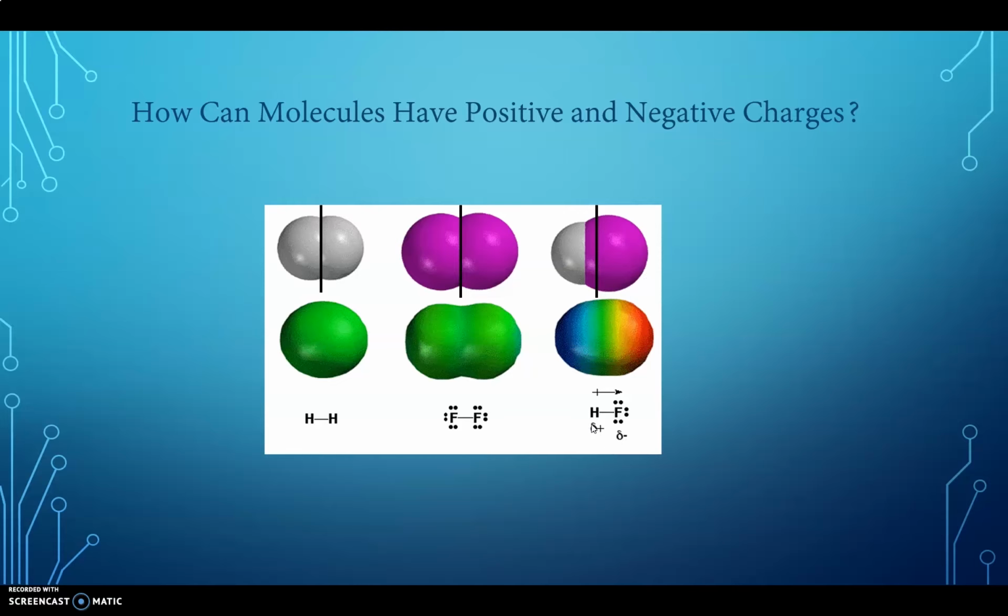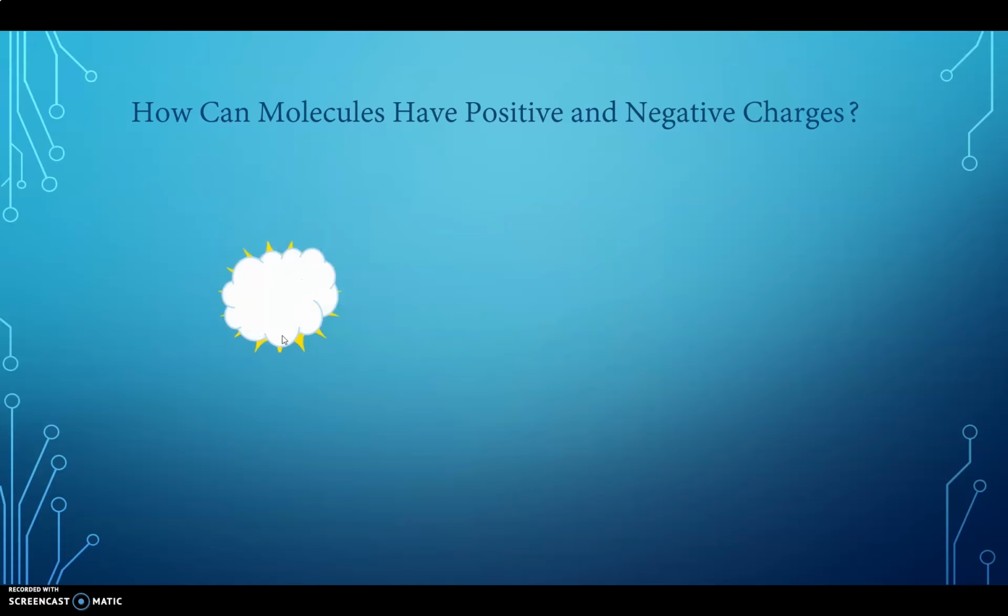This Greek letter delta represents partial. So anytime you see delta plus or delta minus, that simply means that it's a fraction of a charge. Now, as an analogy, let's consider the sun and a cloud. So we'll imagine that the sun represents the proton in the nucleus of the hydrogen atom, and the cloud is that electron. In a hydrogen atom by itself, that electron is completely covering the proton, and so you don't feel the positive charge because it's being blocked by the electrons, just like we don't feel the sunlight because it's being